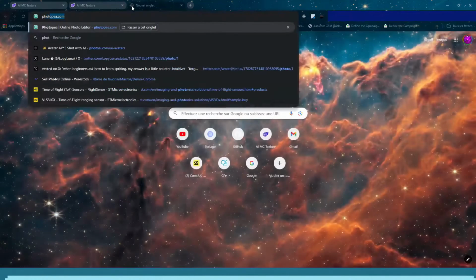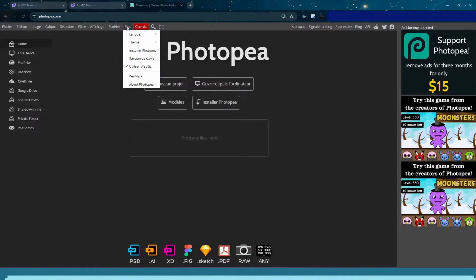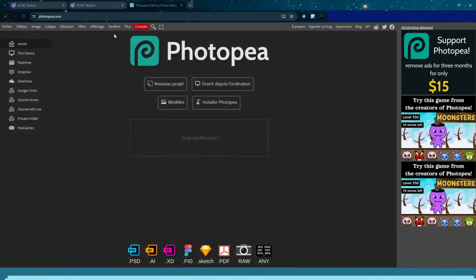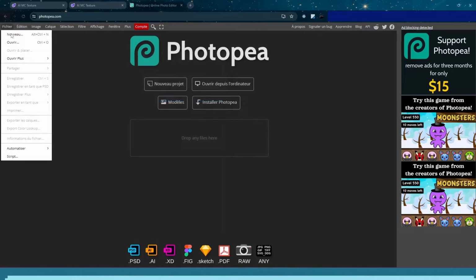I'll go now in Photopea. So Photopea is a free website. You can donate. It's a very good website if you want to donate. I think it was in my account, and you can become premium. Right. So new